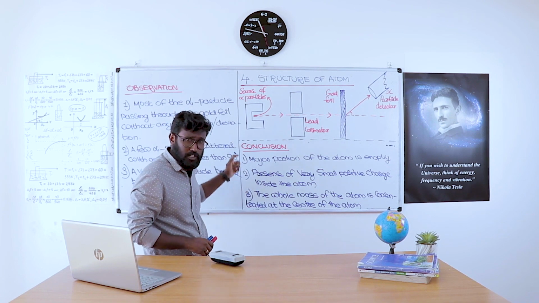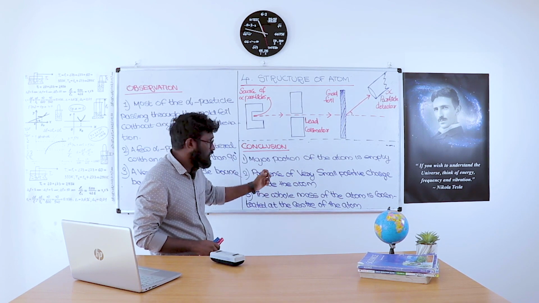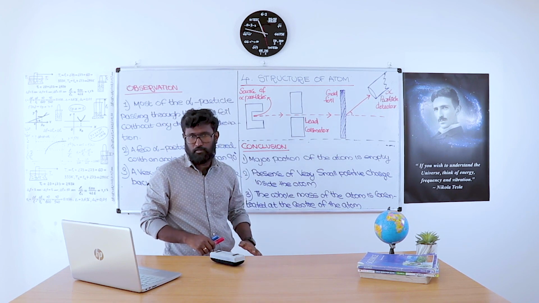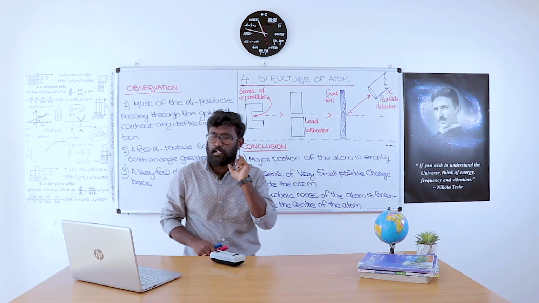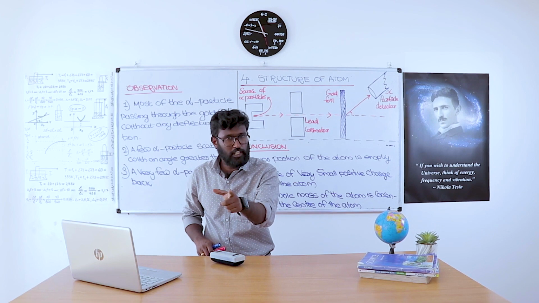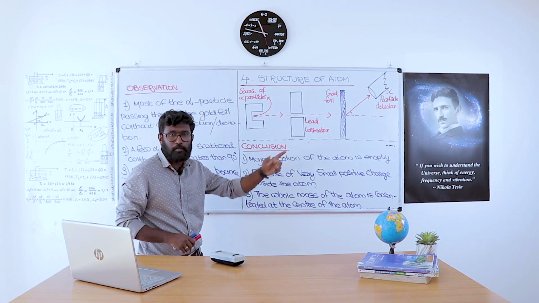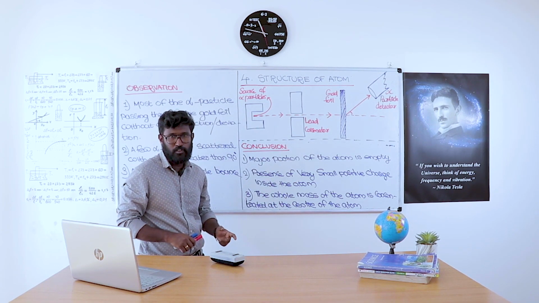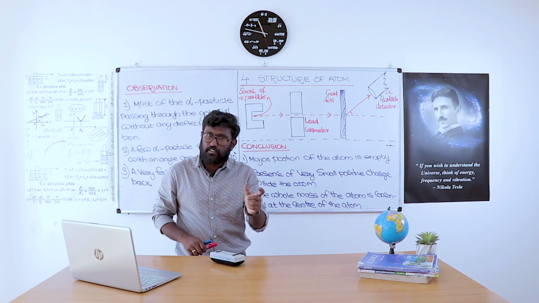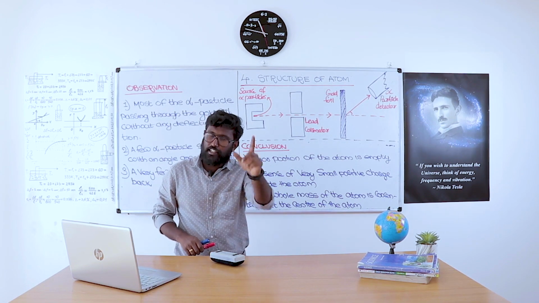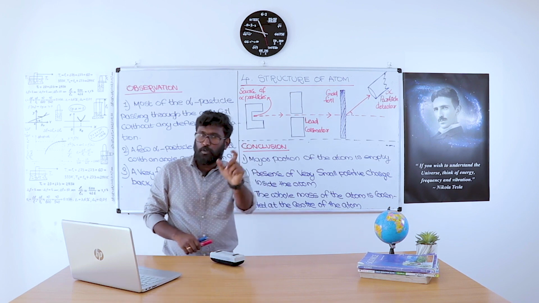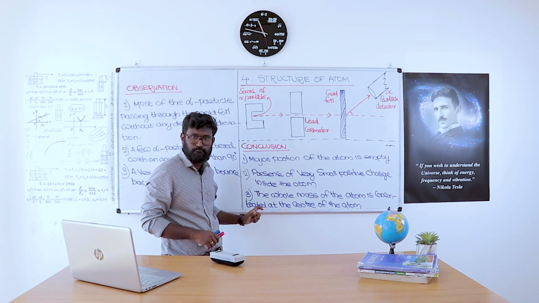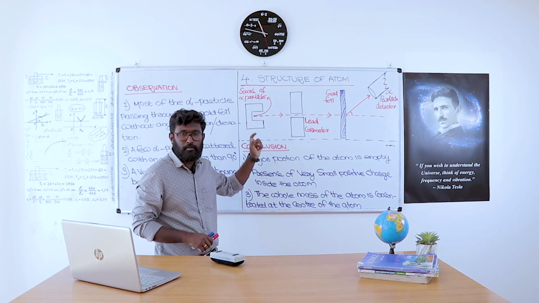From all these observations, he concluded that a major portion of the atom is empty. That means most of the alpha particles passing through the gold foil without any deviation means that a major portion of the atom is empty. A few alpha particles scattered at an angle greater than 90 degrees means that there is a presence of small positive charge inside the atom. And from the first point regarding